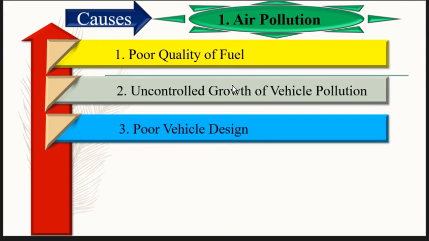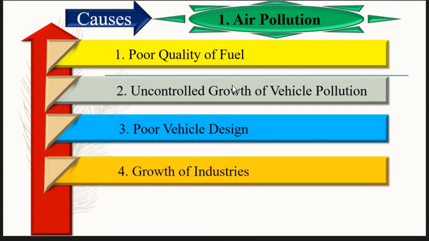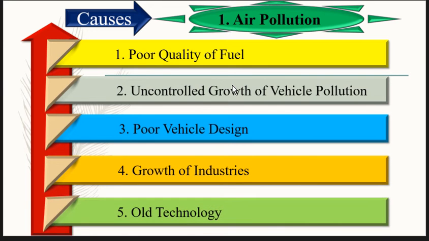Third one is poor vehicle design. Poor vehicle design, especially two-stroke two-wheelers, results in high emission of air pollutants. Fourth is growth of industries. The high growth of industries after independence has led to large scale air pollution in India. Next comes old technology. Friends, due to the use of very old technology, especially in small scale industries, there is very high emission